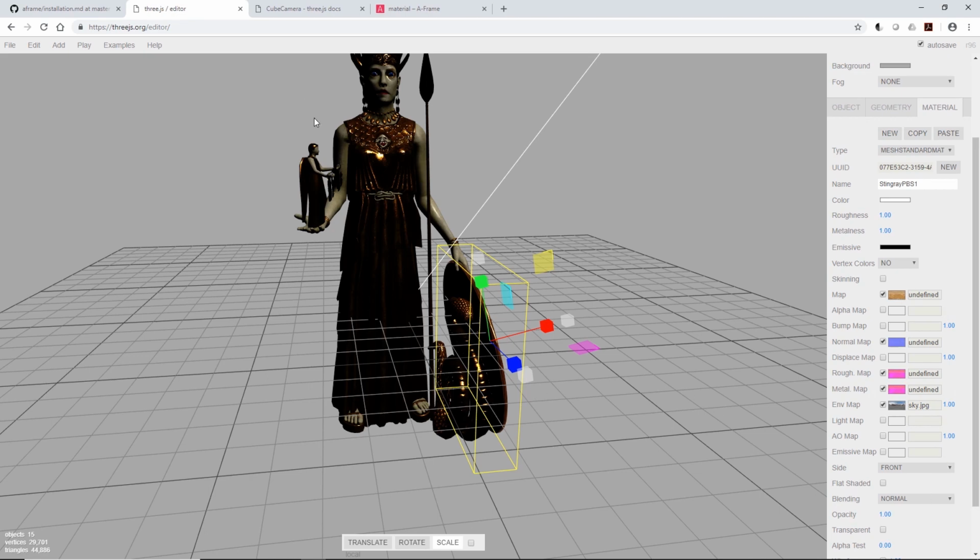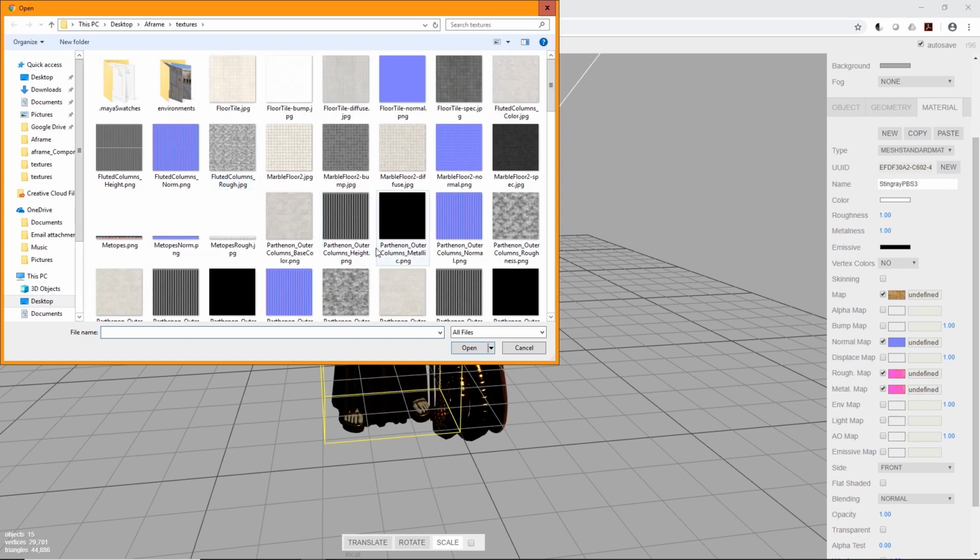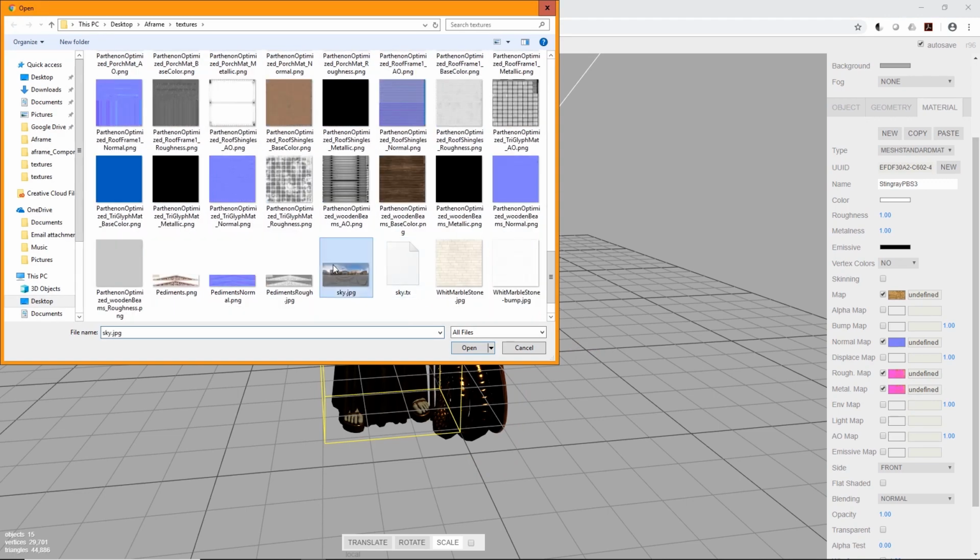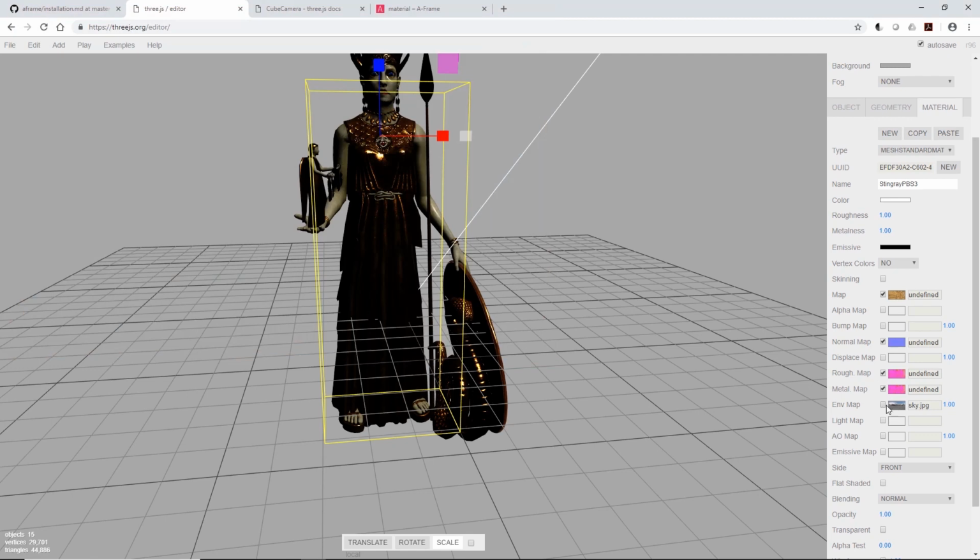The other thing to know about this editor is that, I just filed a bug report this morning, but the roughness and metal map, you can actually make modifications in here, change these materials, and export GLTF and GLB. For some reason these won't export. There's a bug where it wants them to be the same image, and even though they are right now, if I go and export this, it won't see them as the same image and it won't export them. Or if I make a change to these, it won't see them as the same image, so I'll lose those on the objects. But I'm just showing you this because at some point that'll get fixed, and this will be an excellent way of being able to go and build